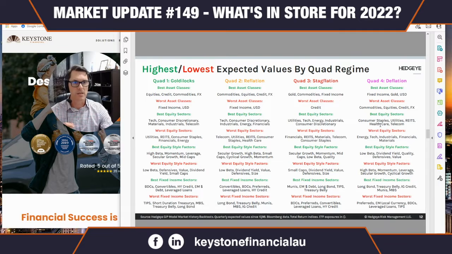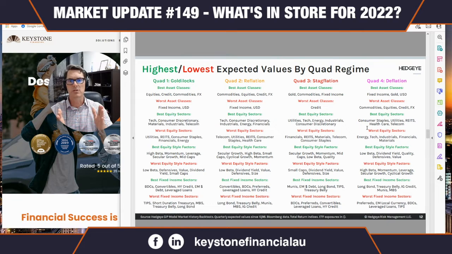So again, one of the things I'll be looking at, and also sometimes it's what you don't own as well as what you own that makes all the difference. Anyway, I'll be looking at buying some consumer staples. So I've pivoted out of consumer discretionary. I sold a lot of that stuff in the last week or so. So consumer discretionary is off the table now. Probably looking to pivot into consumer staples. If you don't know the difference, I'm not going to talk about that right now, but you can Google that and get a great primer on any website, Investopedia, whatever, on the difference between discretionary and staples. Should be obvious. Probably looking to buy some utilities as well.